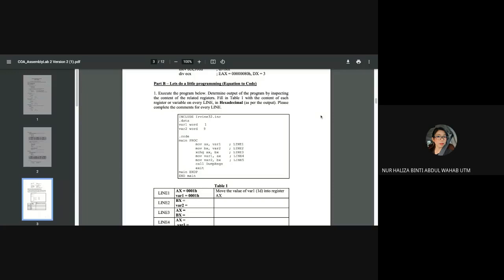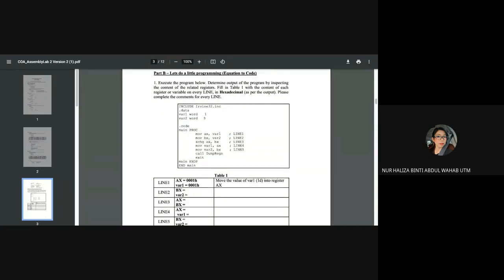I will share the video I explained to another section later on, because I also ran this code. When you run this, as in your lab 1, if you still remember,